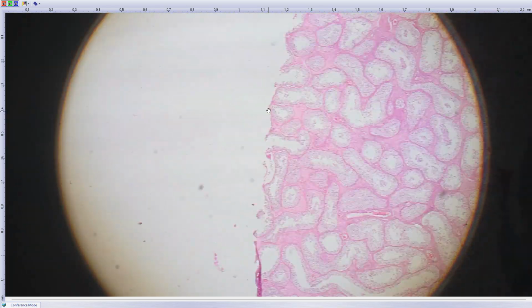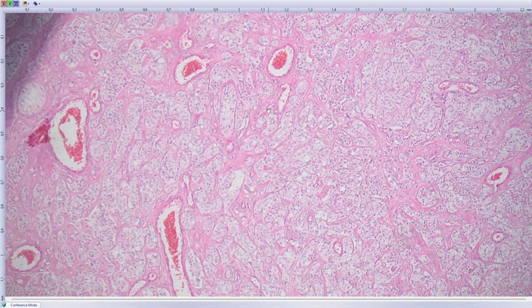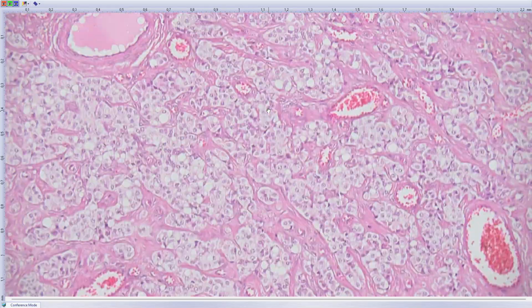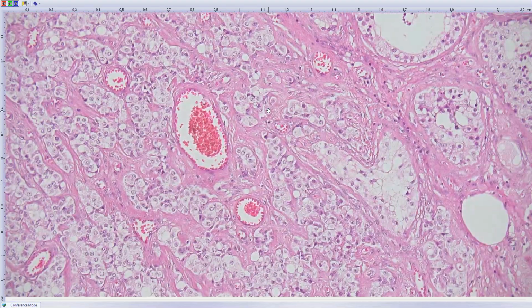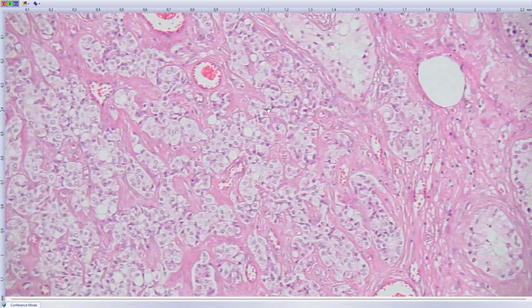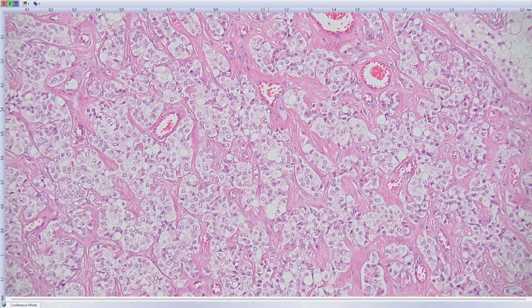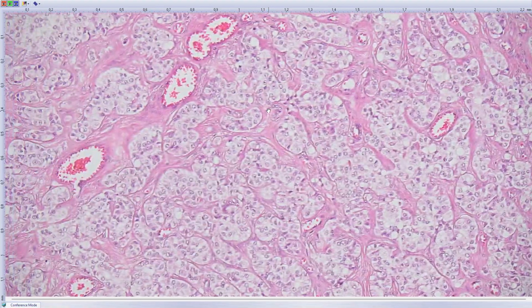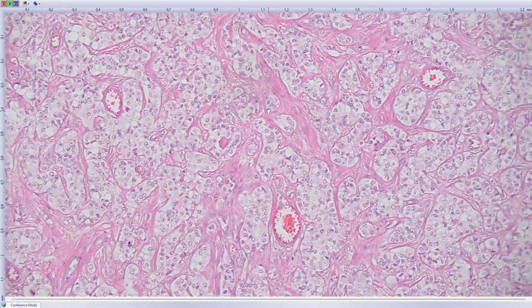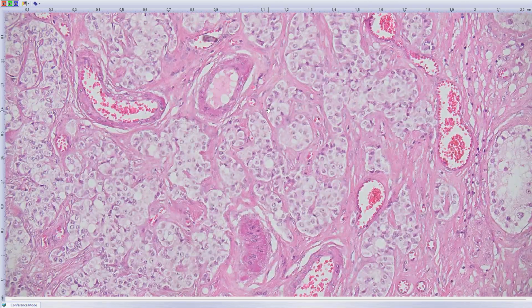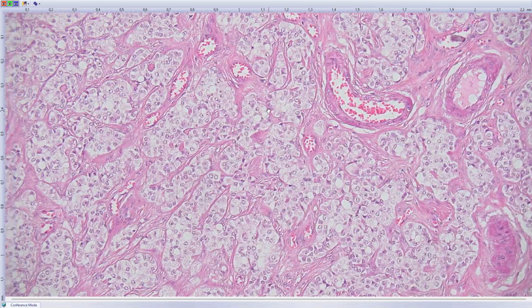There is one more case from the testes. And this is more similar than the previous one was to the examples I showed you in pancreas and in ovary. Here there is also signet ring cell morphology. In ovary, there is also an entity called signet ring tumor of ovary, and it is also established as a single entity. But we think that these signet ring cell tumors and solid pseudopapillary neoplasms are in fact the same tumors,